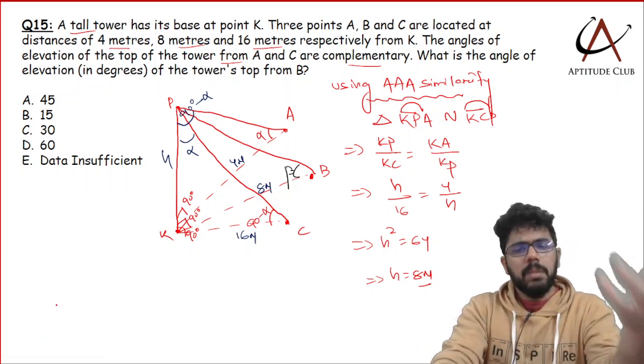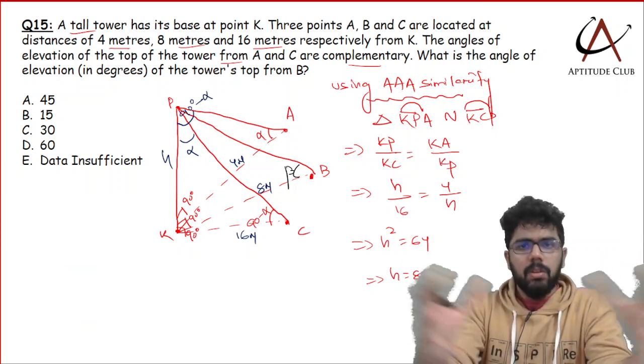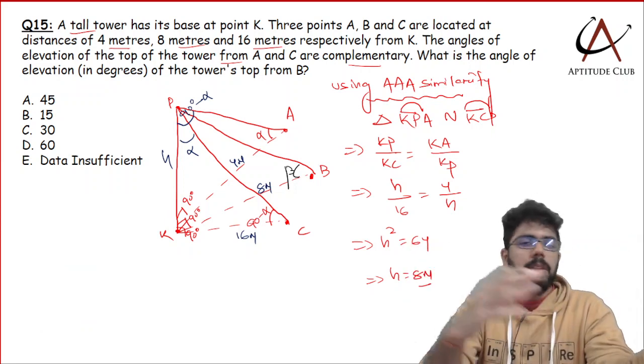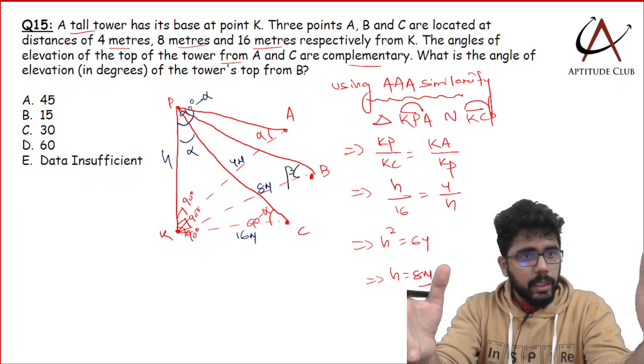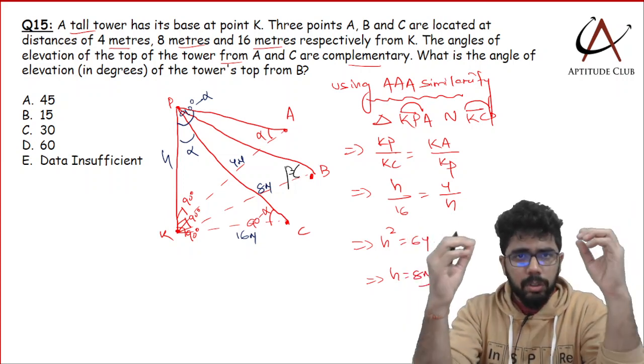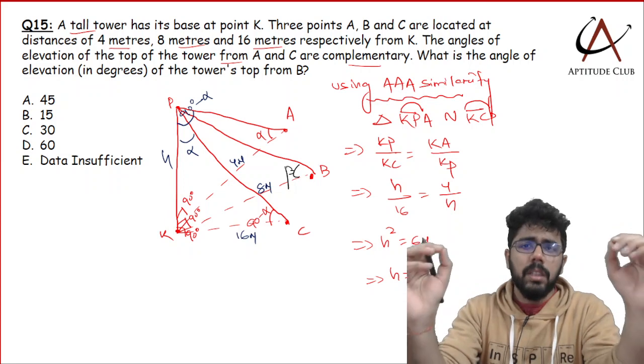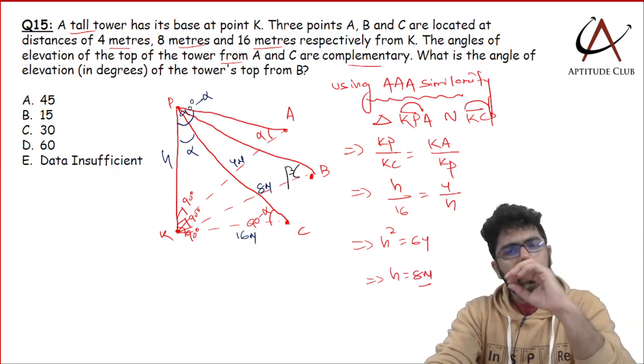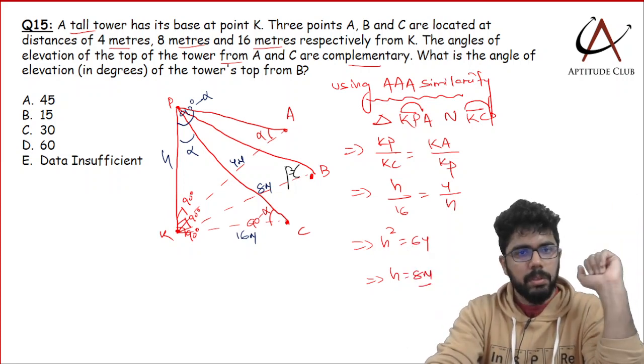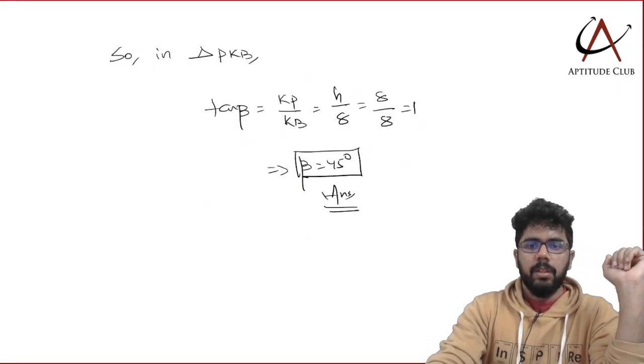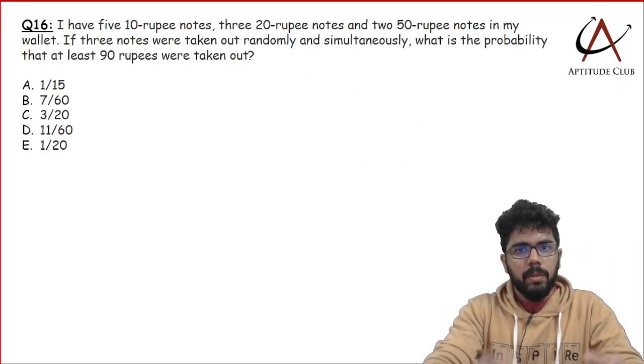Okay, even if you could not figure out this similarity, it's not a big deal. There were many other easy questions that you could have done. Right now we are on the 15th question, and I can assure you 10 to 12 questions were very easily doable. Even if you are not going to DI, 12 questions are easily doable out of 16 questions. Hope this is clear and you are able to understand.